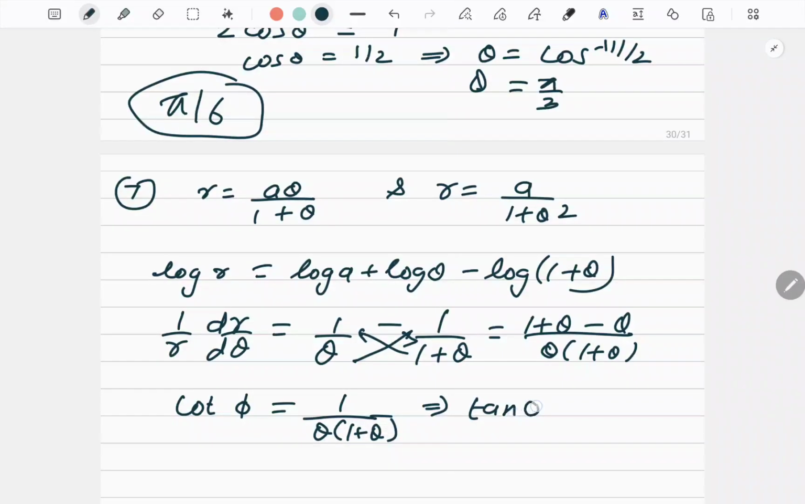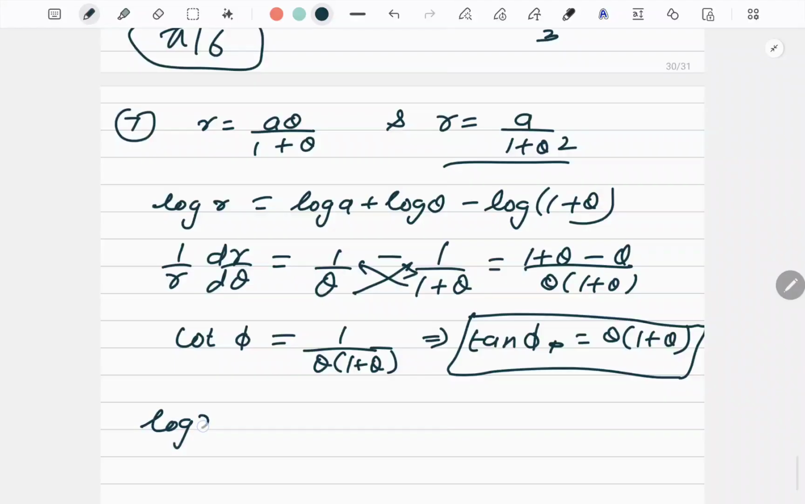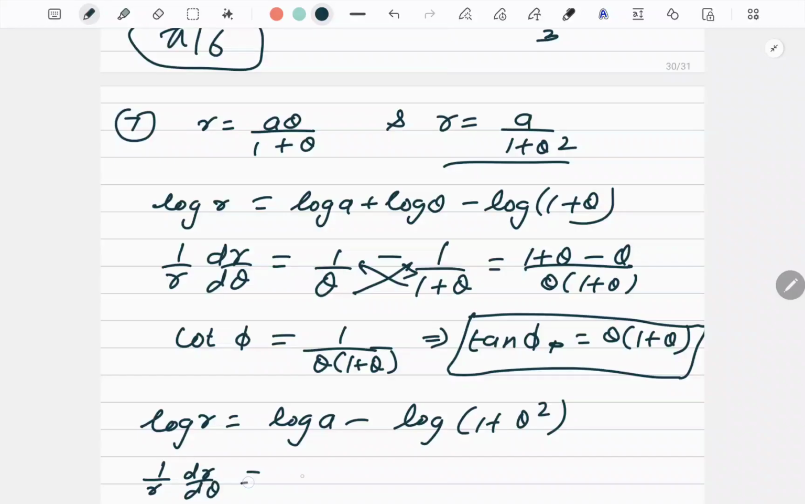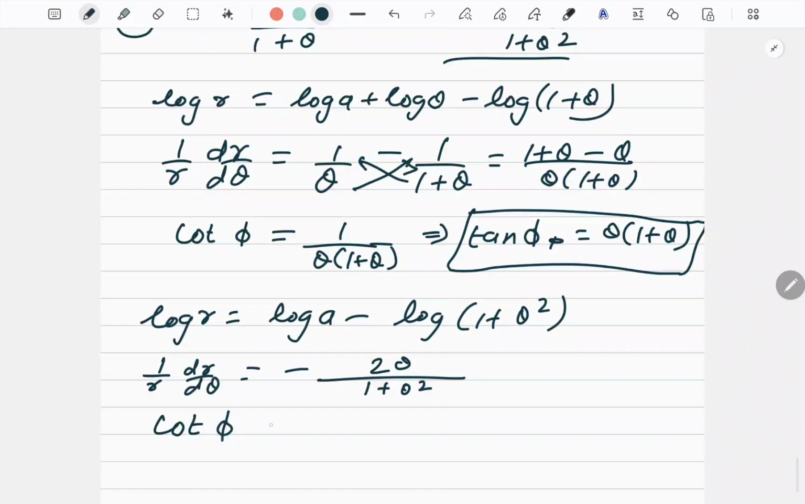Implies tan of phi is equal to theta over 1 plus theta. I'll keep it for whole because I will find out the value of theta using the question. Go to the second curve. So log r is equal to log a minus log of 1 plus theta square. So 1 by r dr by d theta is equal to minus 2 theta upon 1 plus theta square. Okay, so cot phi is equal to minus 2 theta upon 1 plus theta square,